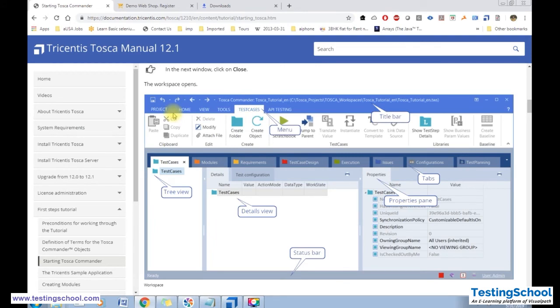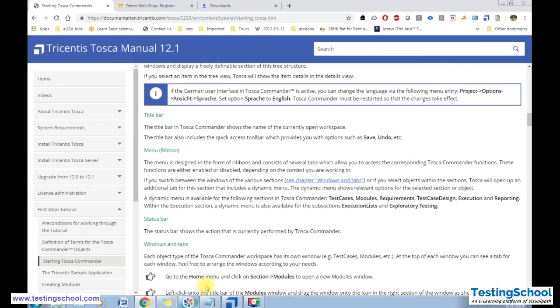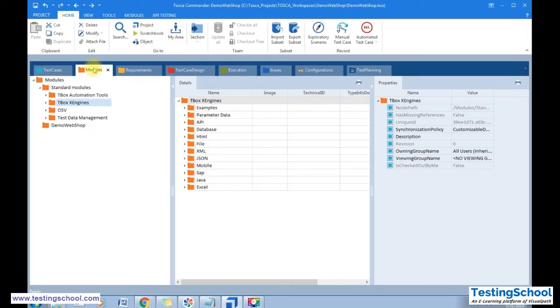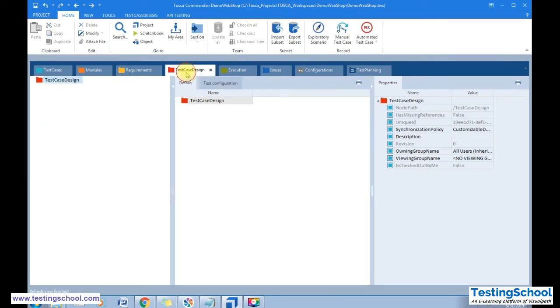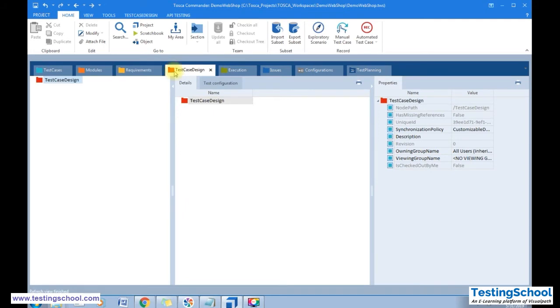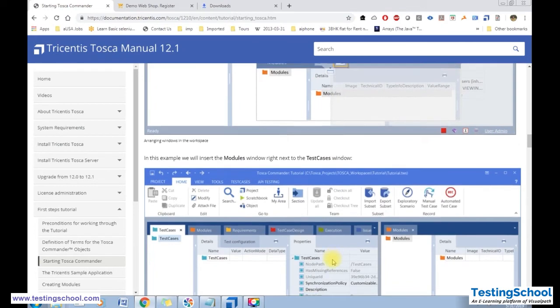If you look here, the menu bar is a dynamic menu. That means if I'm in the test cases folder, or the test cases tab, the menu bar will show some options like project, update, and so on. If I shift to other tabs, for example the test design tab, some of the menu bar options will change. I'll show you where it is changing. So there is something called the dynamic menu.